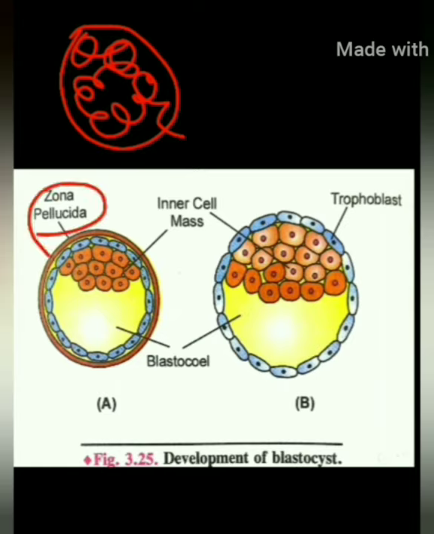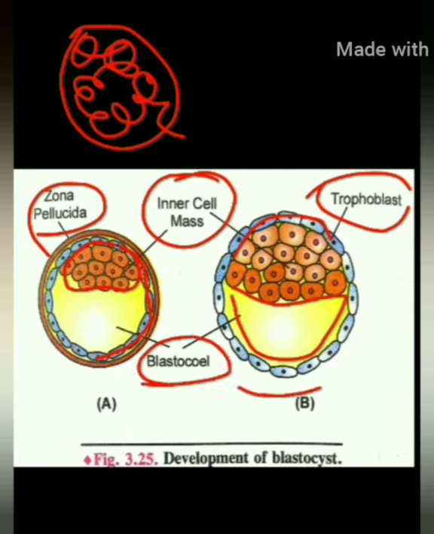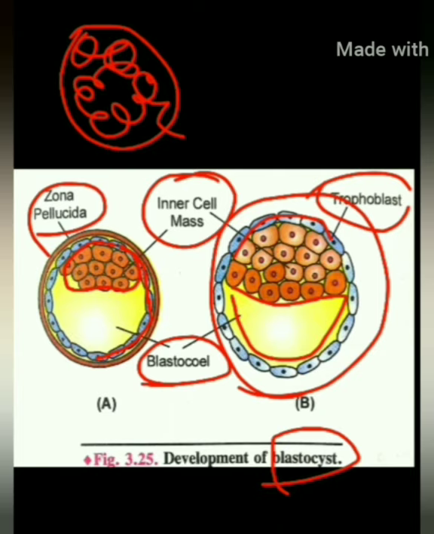As you know, the zona pellucida is already present outside. So the cells are arranged in an outer layer of one cell. You can see this blue one cell layer, called the trophoblast. The inner cells are arranged in a mass or disc shape, called the inner cell mass. It is attached to the trophoblast and leaves a fluid-filled cavity, and this whole structure is known as the blastocyst. This fluid-filled cavity is called the blastocoel. Simultaneously, the zona pellucida disappears, and the blastocyst is formed.